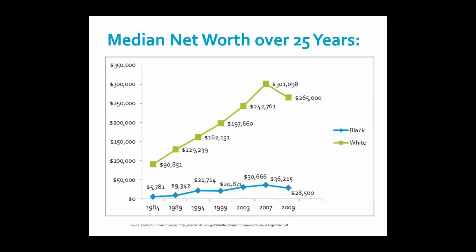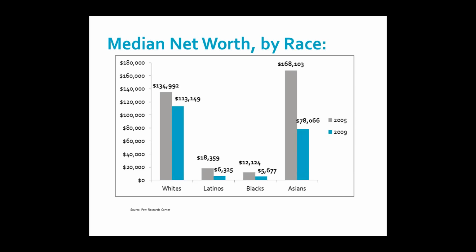This also is just another chart that shows over the course of the past 25 years the median net worth of black people versus that of white people. So we've seen the net worth over the last 25 years remain fairly stagnant, increase a little bit, and then drop right after the recession of 2008, 2009, while for white communities, it has actually increased greatly. And again, everyone was experiencing the recession, but people were experiencing it much differently based on where they were located, in terms of neighborhood, but also in terms of race.